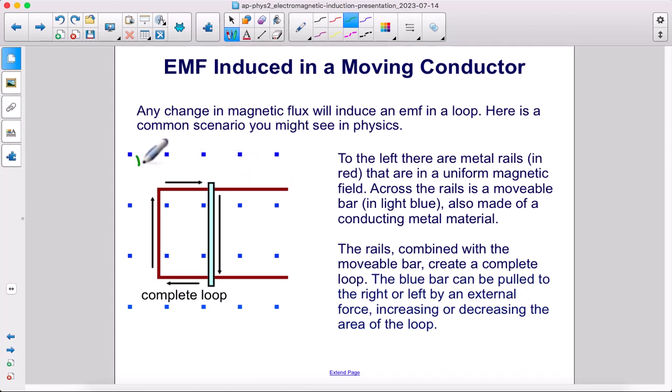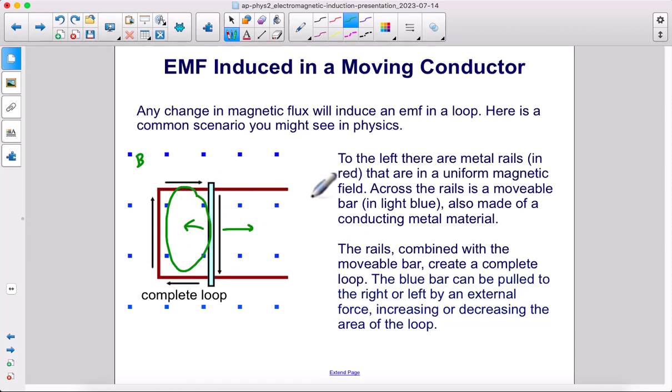That field is pointing straight out of the page. Across the rails is a movable bar in light blue, also made of a conducting metal material. The rails combined with the movable bar create a complete loop. The blue bar can be pulled to the right or left by an external force, increasing or decreasing the area